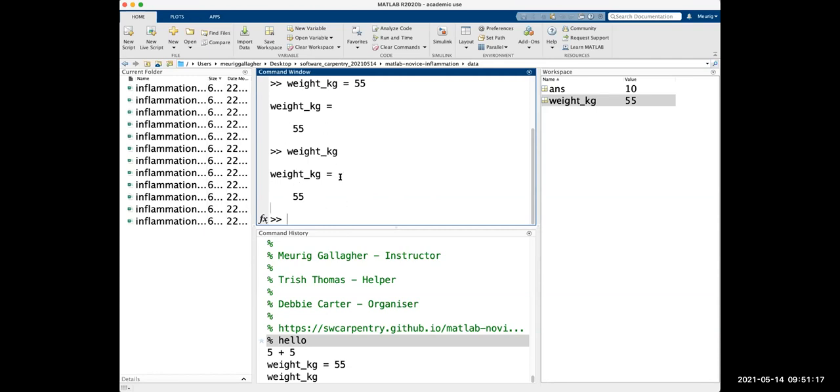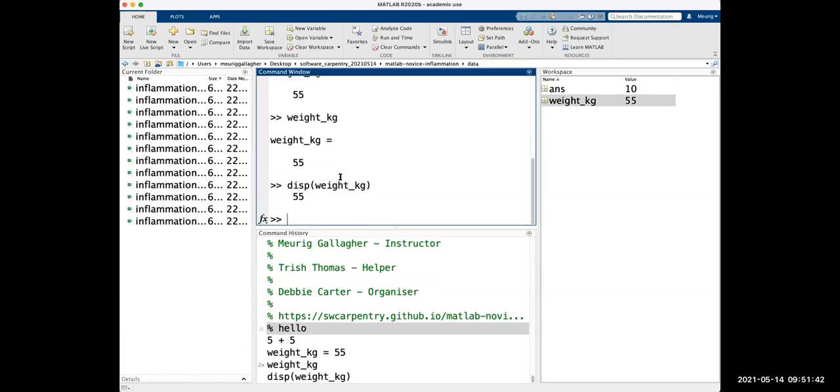So once we have these variables, we can either print it to the screen like we've done by just typing in weight in kilograms and hitting enter, or we can use a MATLAB function called disp. So disp stands for display, and MATLAB functions work by having a set of parentheses, and then you put an argument in. So the thing that you want to display, you put in. So weight in kilograms, and then you hit enter, and it's just going to display. It won't say the weight kilograms equals, because we just want to display the value. So there's different ways of getting things to come up.